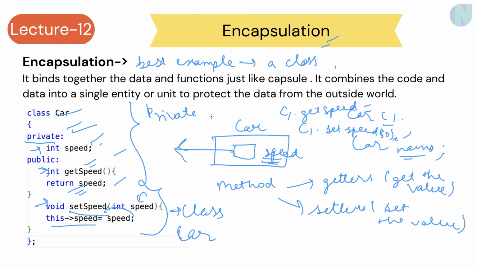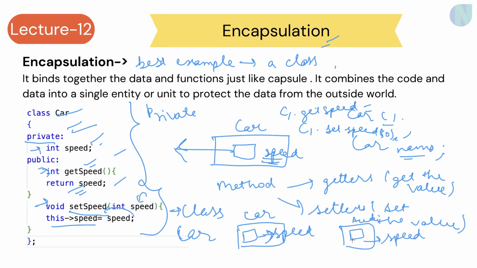So how you can do that, like suppose we have a class car, in it I have this speed, okay. Now basically if we make an object, Audi, it will also have that speed. So if I want to set this particular speed, I will be using this setSpeed method, and here I'll give the speed, and if I want to get the value of this particular speed, I can use this getSpeed method. The example of encapsulation is basically a class in which we declare some of the data members and then we give some of the methods for setting the values of the data member. So this is all about encapsulation in this particular video.